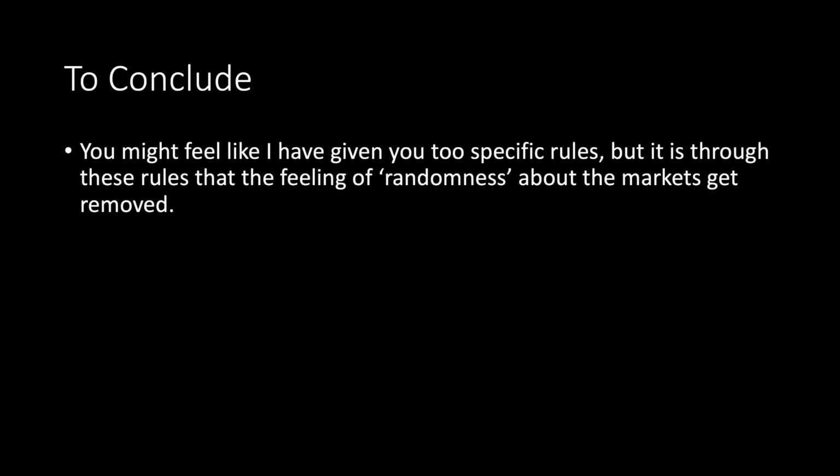And if you see those signs repeat, if you see those signatures be present, then the feeling of randomness will automatically disappear. But that feeling of randomness will always be there unless you start submitting to accepting that